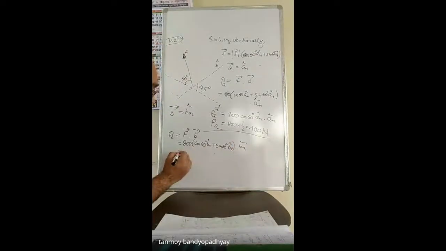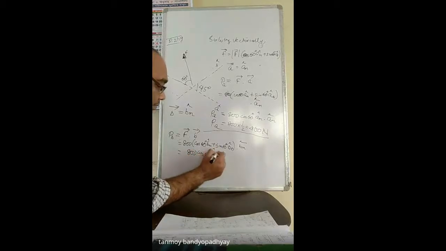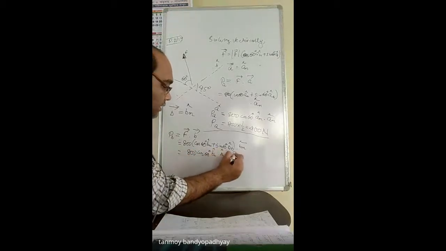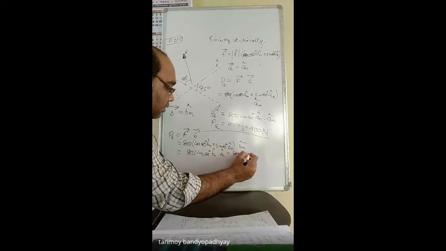So I should be left with 800 cos 60 degree Bn cap into Bn cap. So the answer will be 800 into cos